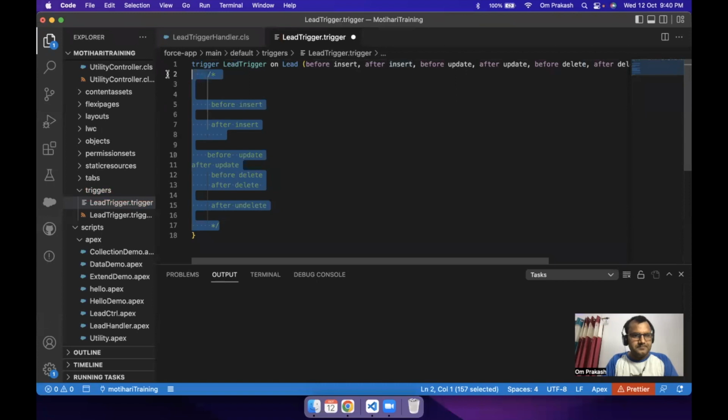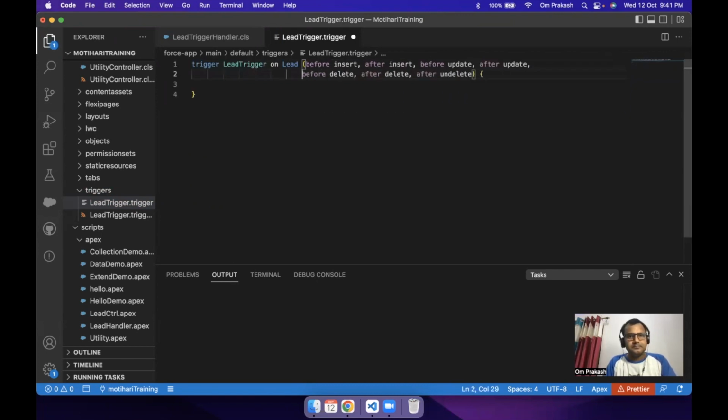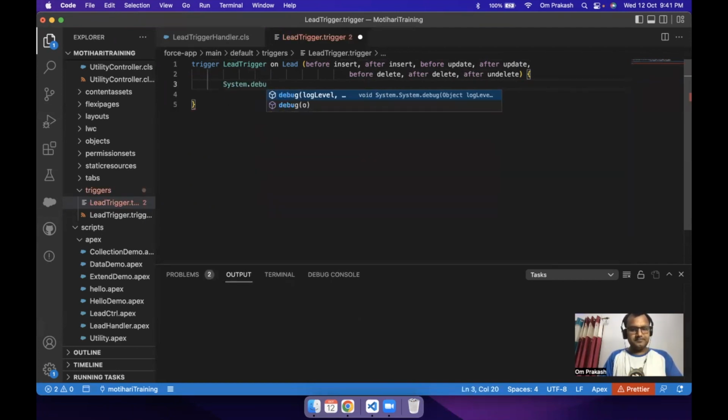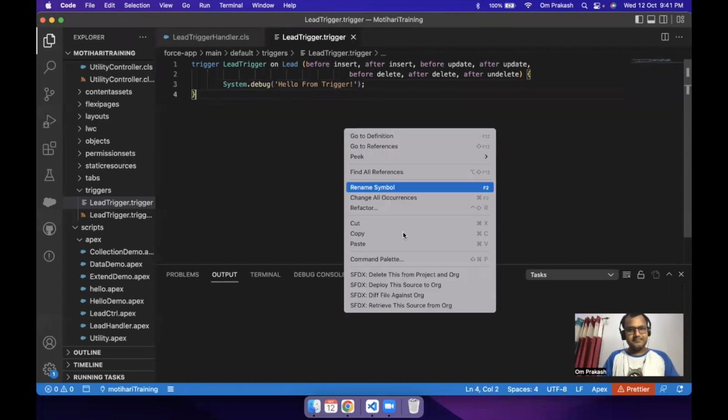Let me remove this. Let me save this. See, this trigger means here if I come inside and if I write System.debug('hello from trigger'), and if I deploy this,